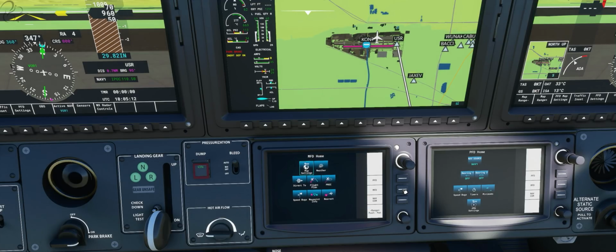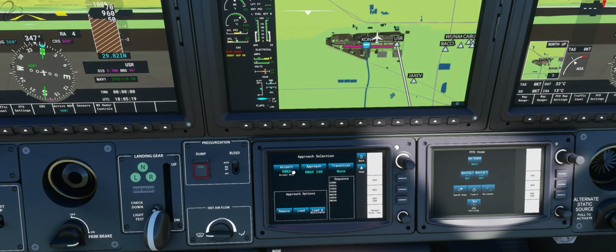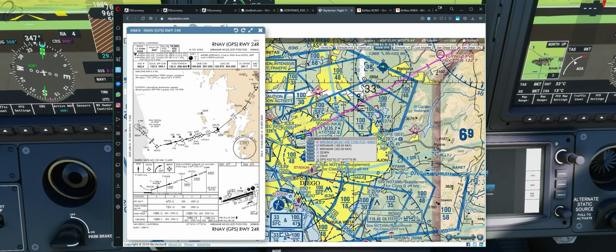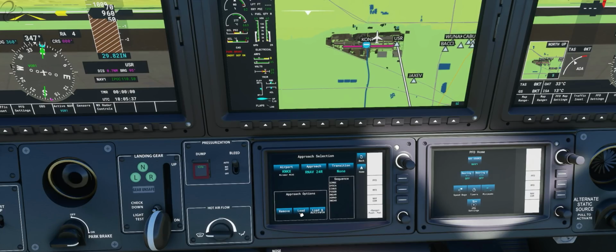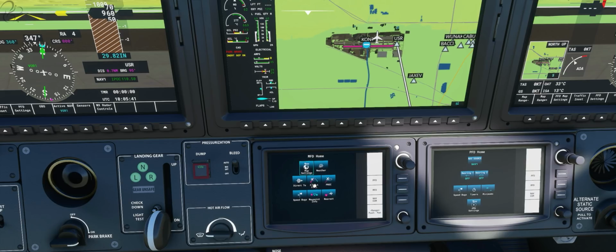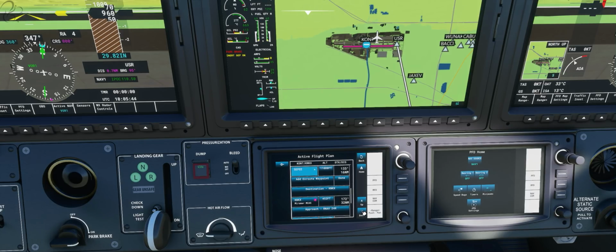So go back to MFD, click on procedure, and then you want the approach, and you want to make sure it's on RNAV 24 right, transition none, and then we can see the waypoints here. Look, so it does start at Simbi. Simbi, Yorka, Sinus, Fosseb. So it's going to go from Simbi here, but it will bring in these altitudes for us. You'll see that now. If you click on load, and then go back to the MFD, click flight plan, and if we scroll down now,